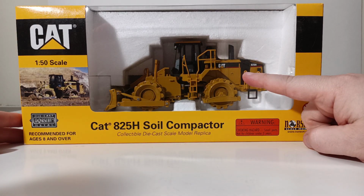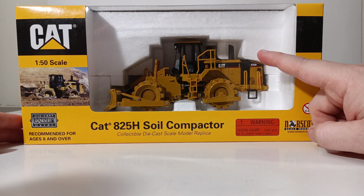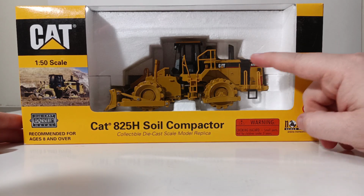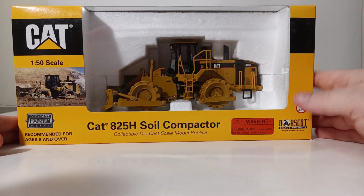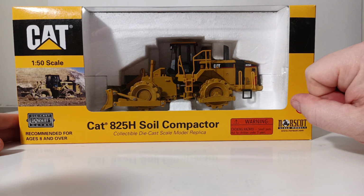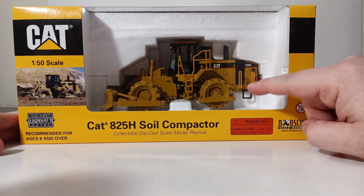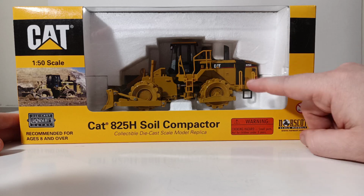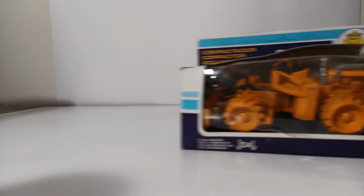Now, this, of course, is the Norscot version. It was updated later in 2007 with the modern trade dress, with the power stripe trade dress. This obviously is the pyramid scheme, but this is the original. So this came out in 2006, so a year later, all of them were painted in the power stripe. So this one's actually a little bit more rare due to the fact that it was only produced for 1 year in this paint livery scheme. So anyway, point stands. To this day, that is the most modern 1/50th scale CAT soil compactor you can get,